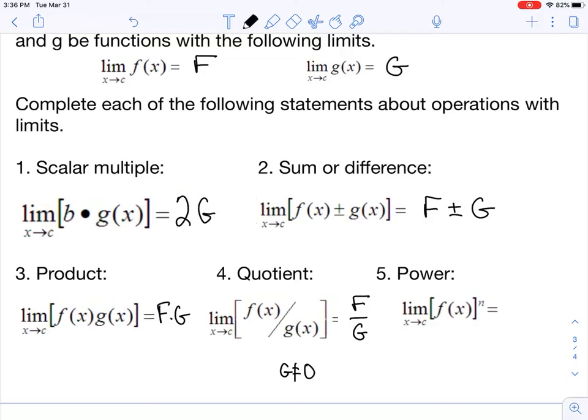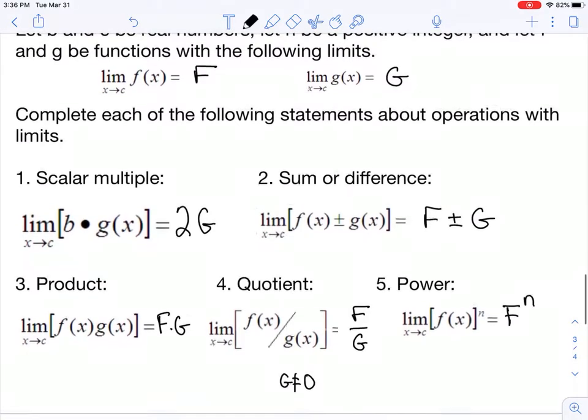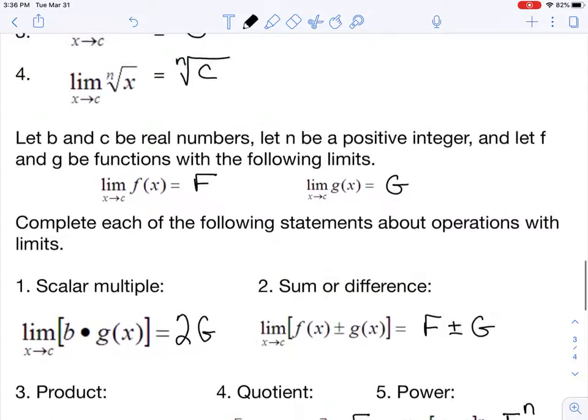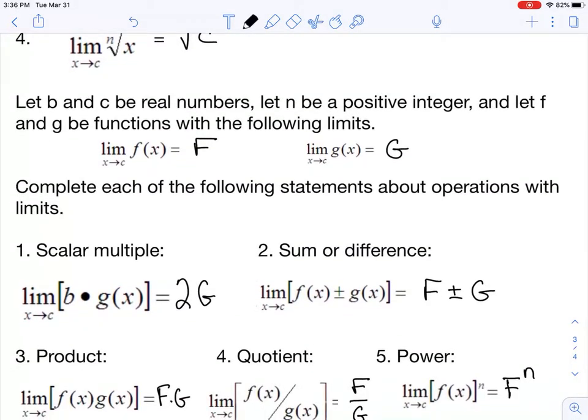Very good. And then finally, if we're raising the function to another power, instead of actually having to go through and multiply it out, I'd hate to take that second example we did and raise it to the third power, but I could just take my answer and raise it to whatever power I was given. Okay? So those are the properties of limits and using a table or a graph to find a limit. A lot of this is going to be on your calculator, so